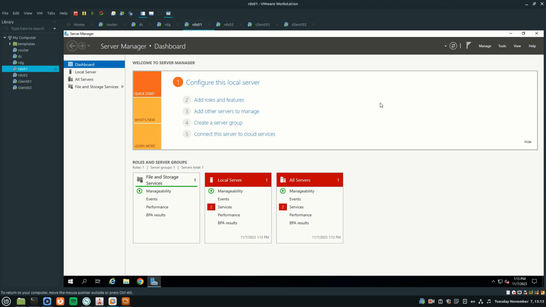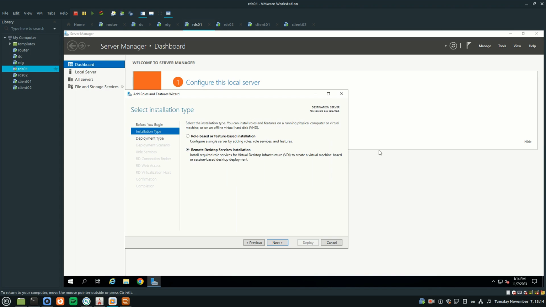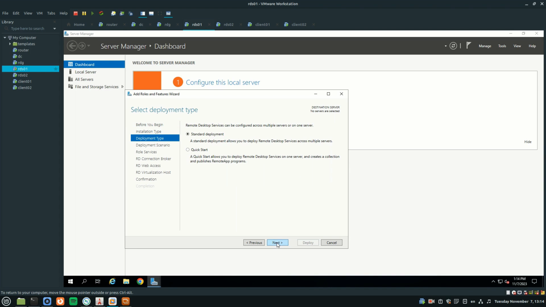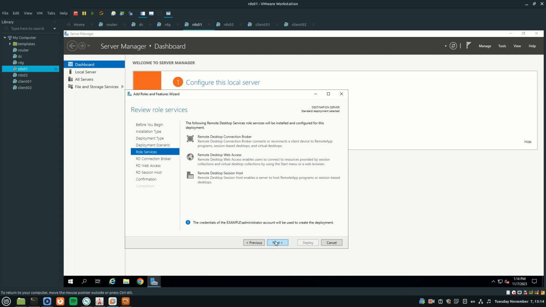The first step in building an RDS farm is installing the primary terminal server. We go to Manage, Add Roles and Features, Remote Desktop Services Installation, Standard Deployment, Session-Based Desktop Deployment,